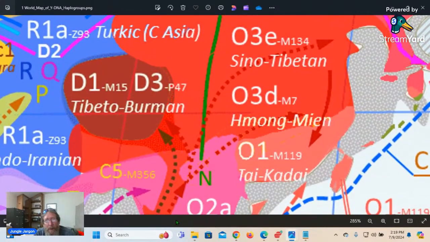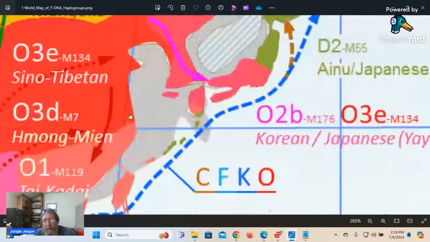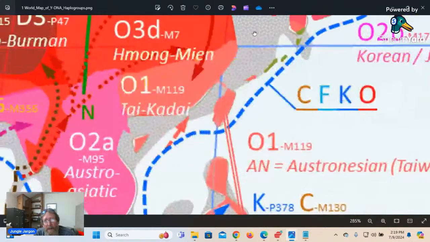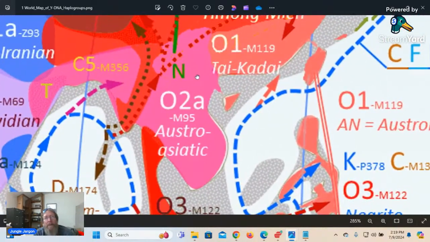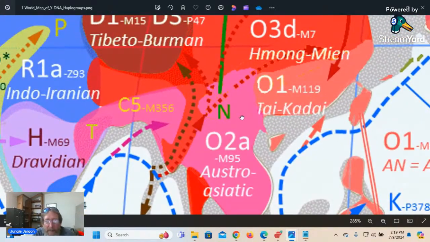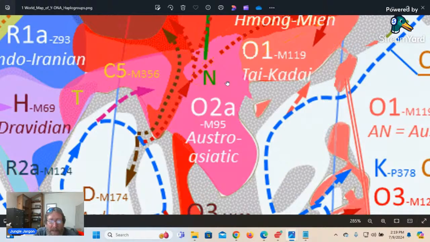It shows them going up to Tibet first and then on to Japan, but that's not the actual route they took. The actual route they took, which I covered in another video, was that the D first went to China,